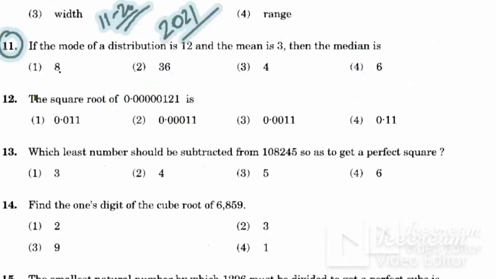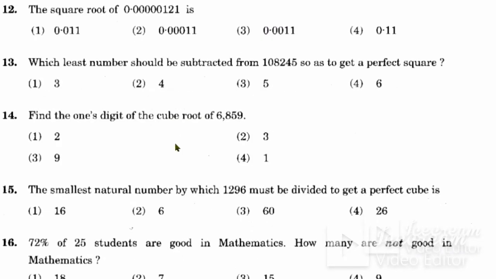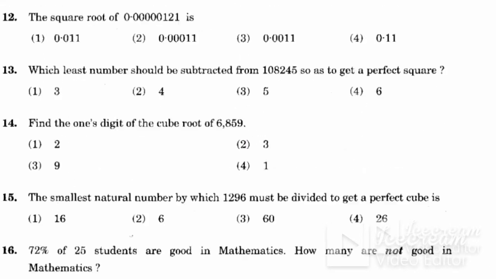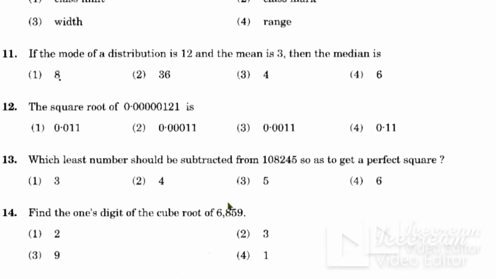Okay, now we'll see question number 12. हम question number 12 देखेंगे, ठीक है. So question number 12 is here. What is the square root of this? Okay, यहाँ पे आपको इसका स्क्वायर रूट बताना है. तो इसका स्क्वायर रूट आपको निकालने की जरूरत नहीं है. सबको पता है कि 121 का स्क्वायर रूट 11 होता है, ठीक है. Square root of 121 is 11.